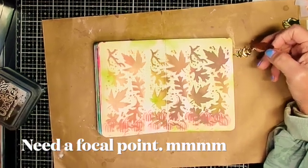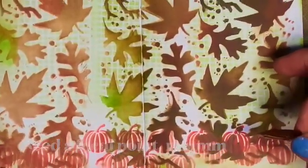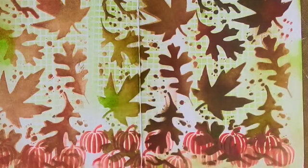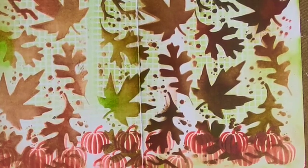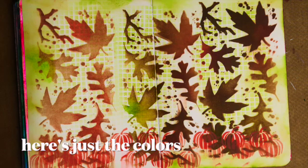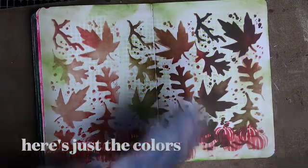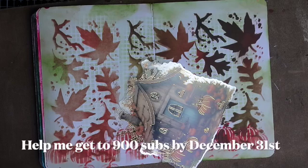Now, I'm going to pick out a focal image. Here we go, a little too close, I think. Okay, so here's just the photo of the three colors, the ones I could find. And now I'm getting out, I think it's a vellum decal. Well, it's not a decal, but it's a vellum that I had left over from the box I won from